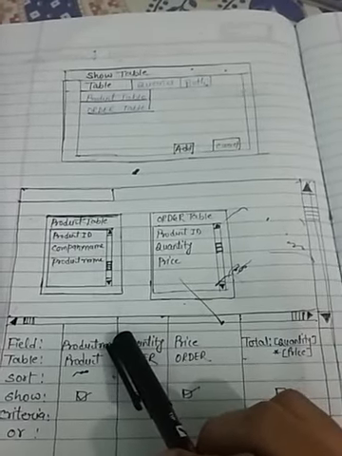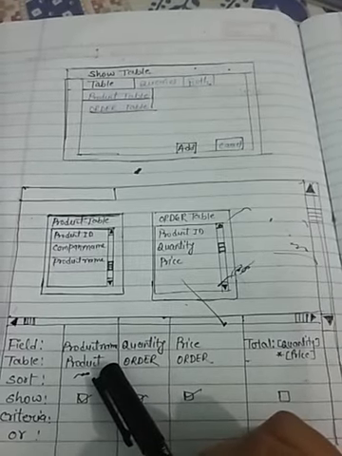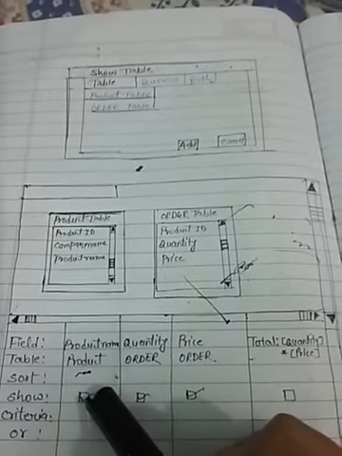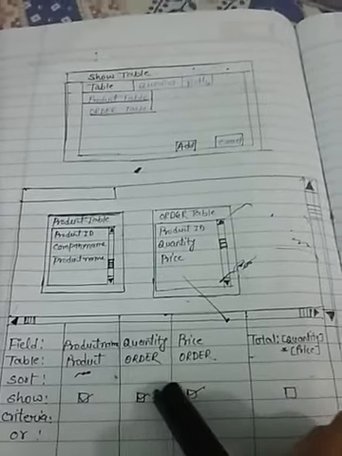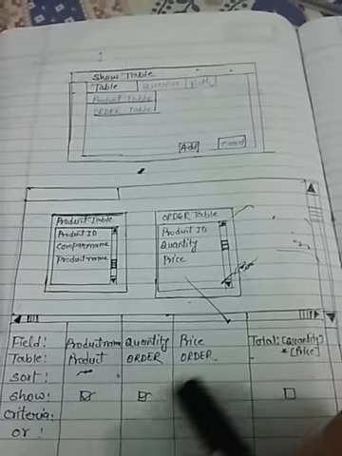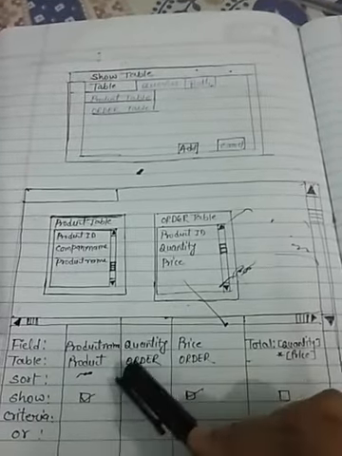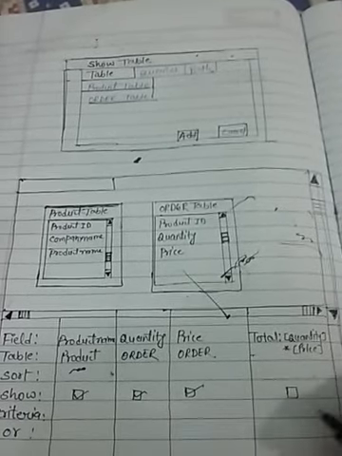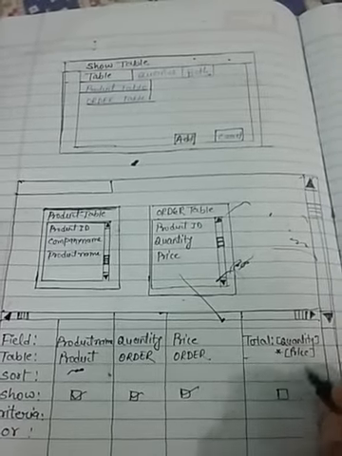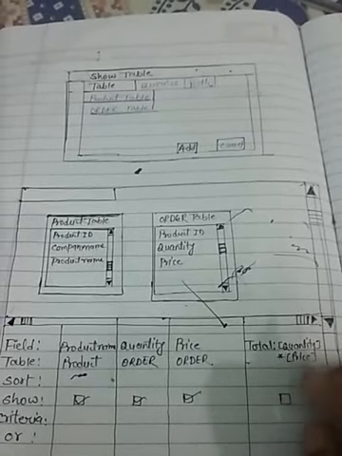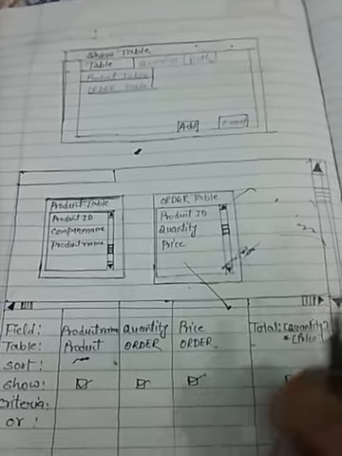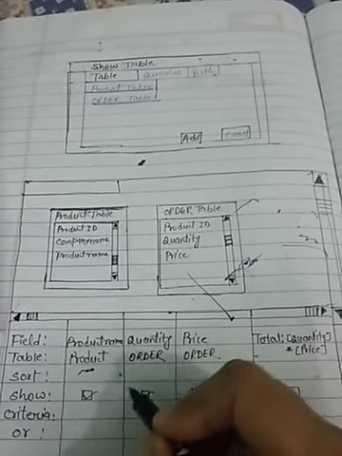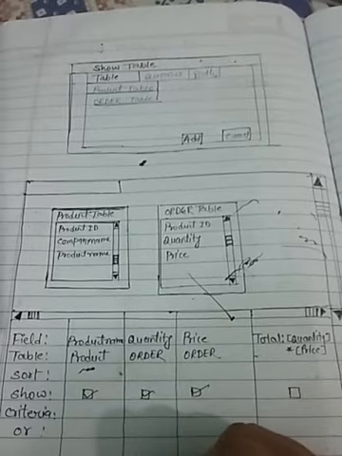So first, you have to click on the Show checkbox, because all these three fields will show in your table if you check it. And if the check mark is not there, that particular field will not show in your table. So you have to make a check mark appear on the Show row.